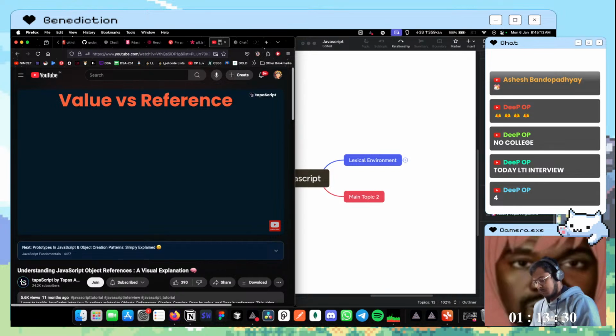When we get started with programming, we very loosely use things like, okay, this is by value, this is by reference, but this is where I feel most of the mistakes as a developer happen. We don't understand these concepts very fundamentally, so we cannot catch things in code when something goes wrong. So let us understand the difference between value and reference.